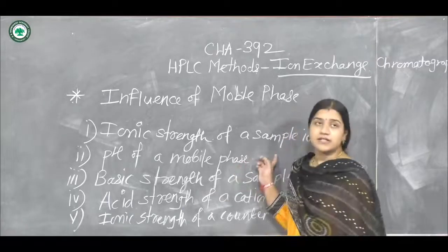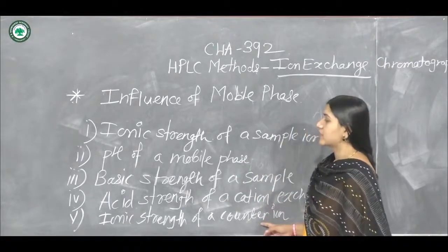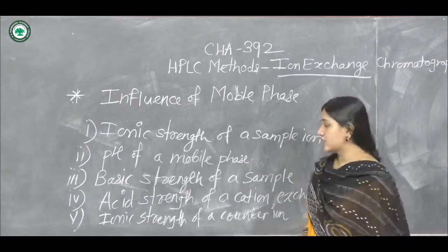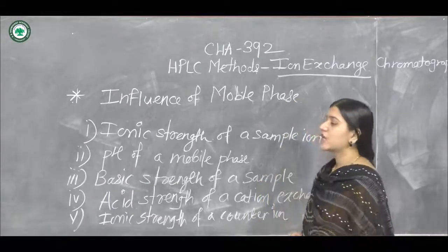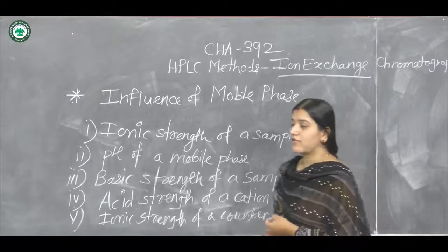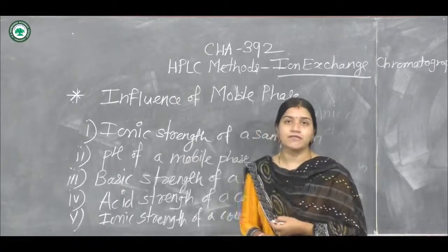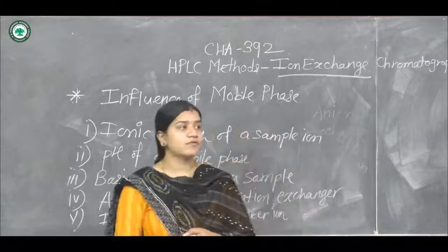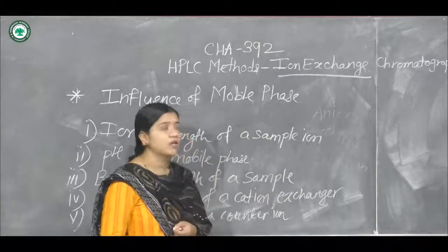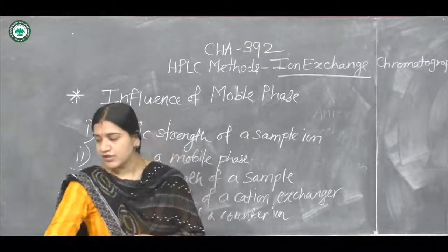So the ionic strength of a sample ion, the ionic strength of a counter ion, the pH of the mobile phase, and the acid strength of the cation exchanger are all factors which influence the mobile phase. And the next important thing is the different types of conclusions which can be drawn from this. The first conclusion is